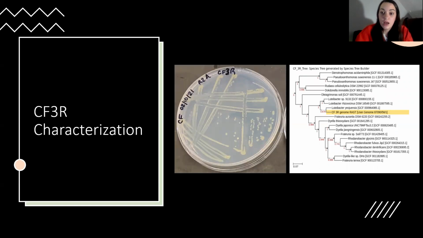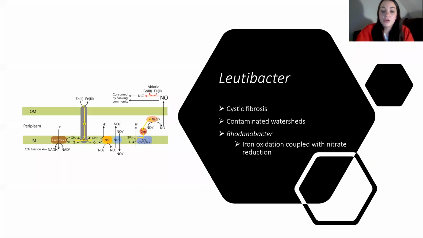Phylogenetic trees compare genomes, and they cluster them together to show relatedness. So our isolate CF3R, according to this phylogenetic tree, is most closely related to Ludibacter yeojuensis, but we can also see it's also a close relative of Rhodonobacter. So Ludibacter is commonly associated with cystic fibrosis in the literature. However, it's less commonly associated with contaminated watersheds in the literature, which makes us excited to want to explore that